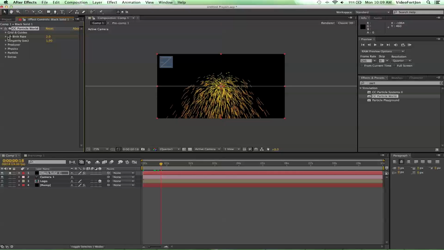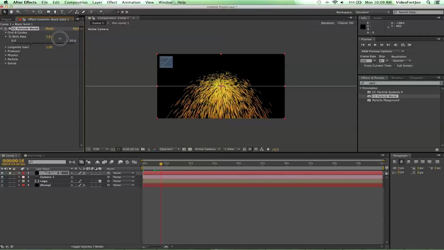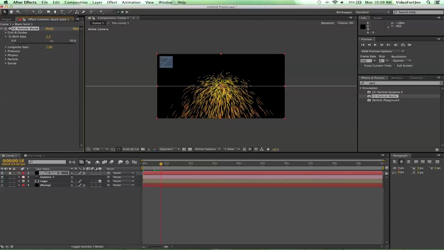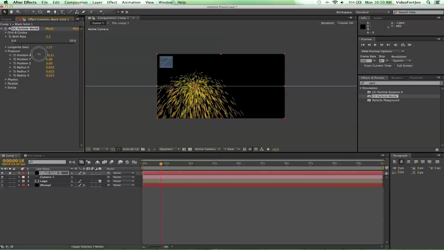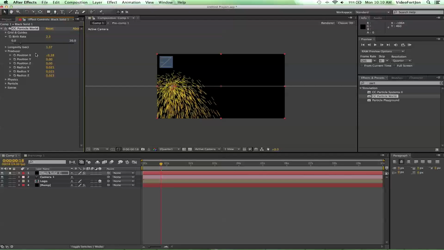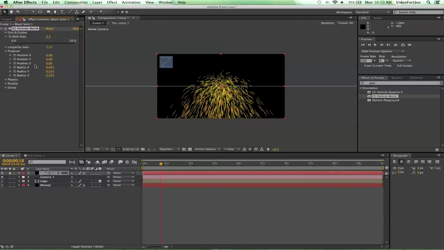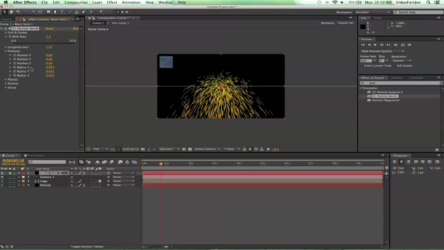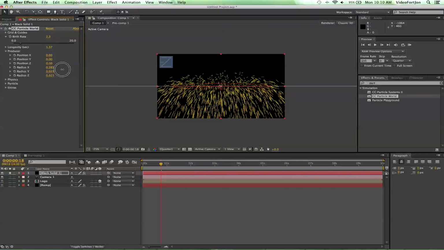So we've got birth rate. This is pretty much how many particles are going to get born at any point in time. If you increase that, more come up on the screen over time. We also have longevity. That's how long the particles stay alive for. You've got your producer. That'll change the positioning of the particles in the X, Y, and Z planes. You can zoom in and out of there. Really cool stuff. And we also have the radius positions as well,